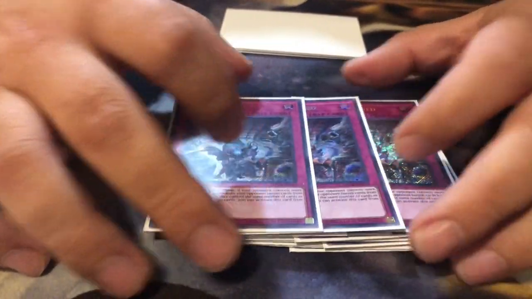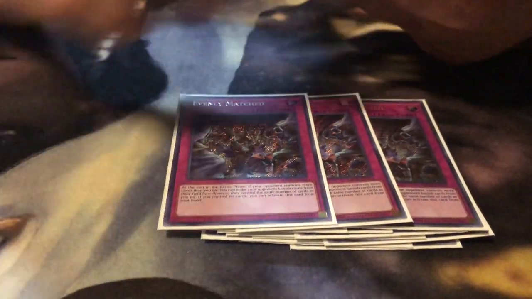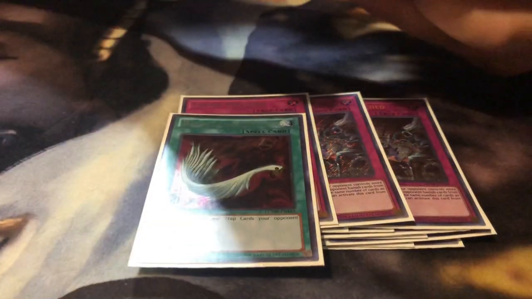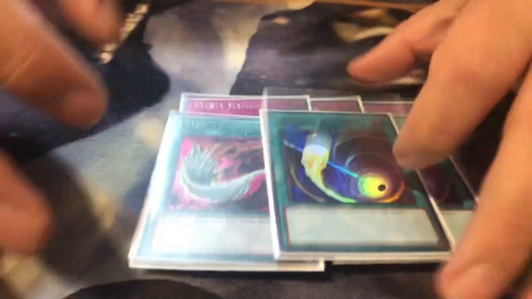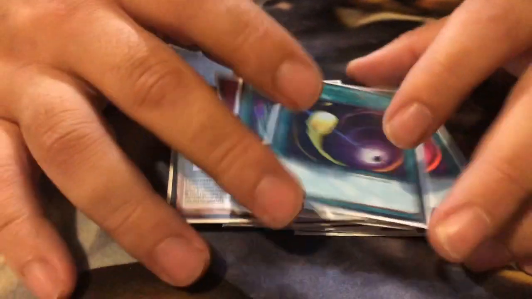I still like it. People are playing Dark Ruler. I take this over Dark Ruler. I think it's better. Then 1 Harpy's Feather Duster for back row removal, and then 2 Cosmic Cyclones for the spiritualism. Realistically, if I were to change anything, I would take out the Spooky Dogwoods and put in